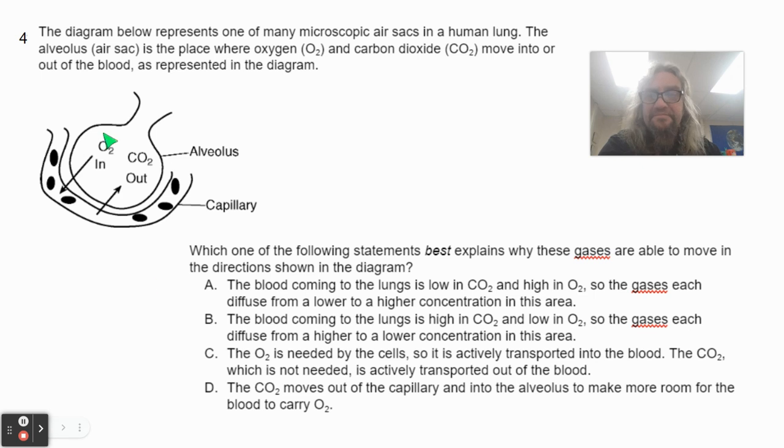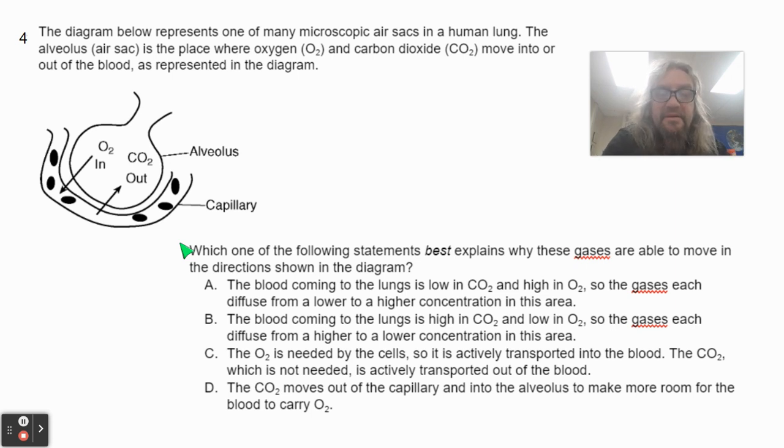Number four. The diagram below represents one of many microscopic air sacs in the human lung. The alveolus, air sac, is a place where oxygen and carbon dioxide move into or out of the blood, as represented in this diagram. Right? Oxygen moving into the blood, CO2 moving out of the blood. Which one of the statements best explains why these gases are able to move in the direction shown in this